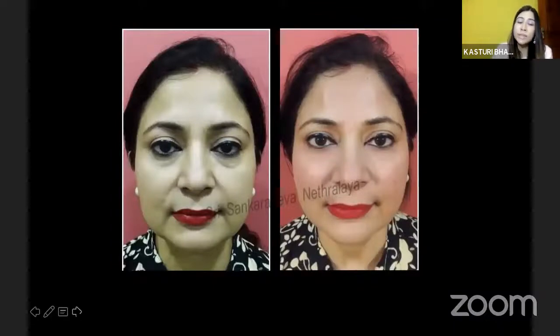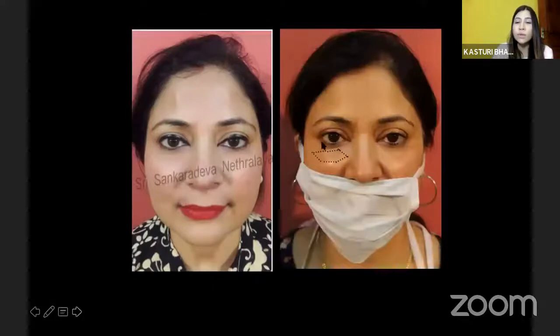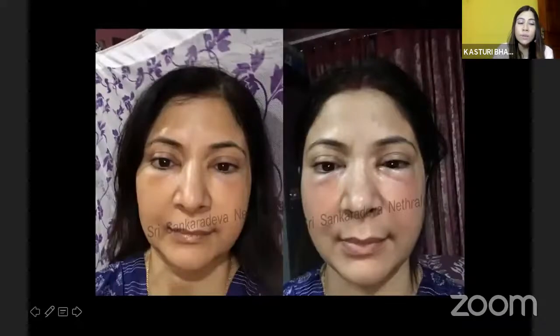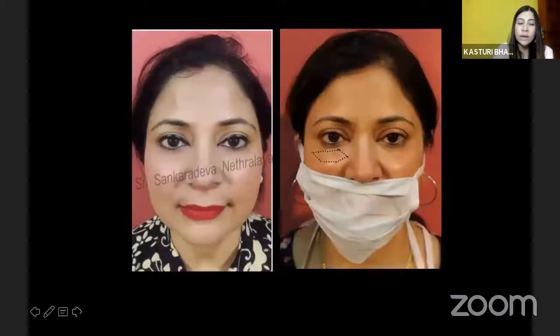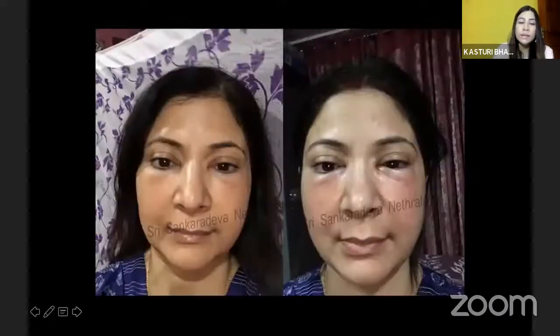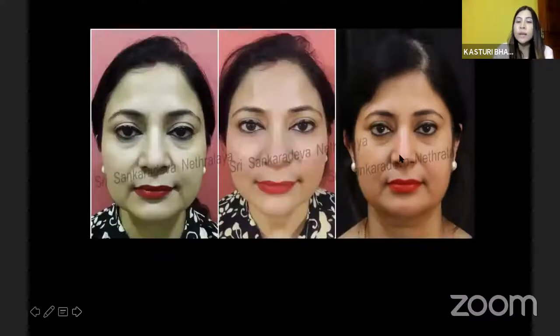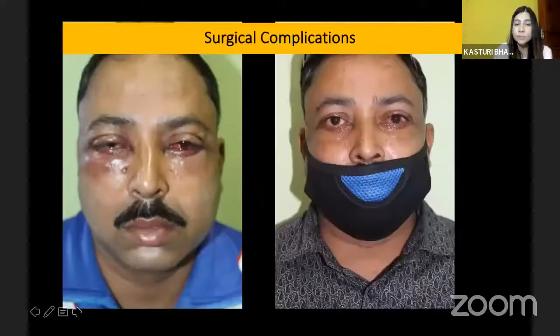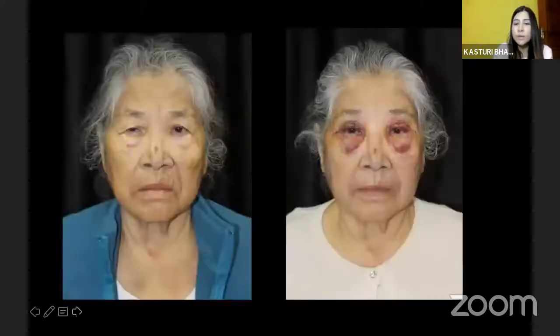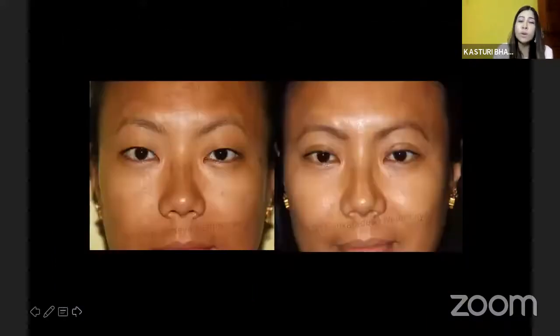And hyaluronidase itself has many complications, like this lady, as you can see, definitely in the COVID era, she came with an inflammatory nodule that you can see here. And when I managed this inflammatory nodule with hyaluronidase, you can see a delayed type of hypersensitivity reaction, which occurred after 48 hours. Then I again managed her with steroids, hydrocortisone, and she came back to the original shape, but definitely with the steroid phases. Surgical complications can be very early, in the form of swelling, in the form of hematoma, but these are all manageable.